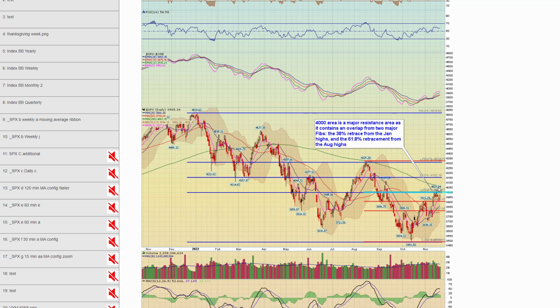You have the 200-day moving average up here. There's also an open gap right around here, and of course then you could draw a downtrend line from here as well, which I don't show here. Next,